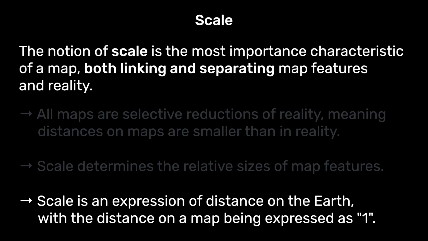Generally, scale is an expression of distance on the Earth, and that's what we're talking about. So, and I'll explain this in a little bit, but the map distance tends to be expressed as 1. And if we're thinking about what that really means, it's a ratio of the map being 1 to whatever the other side of that ratio is in terms of the reality. So usually the distance on the ground, let's say,